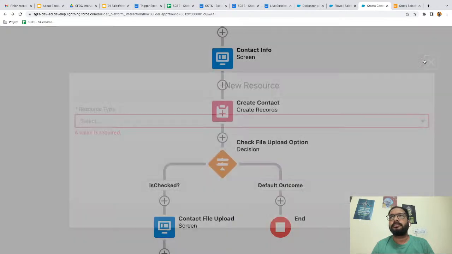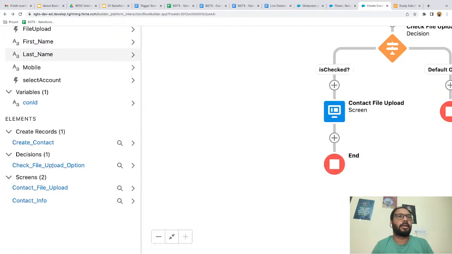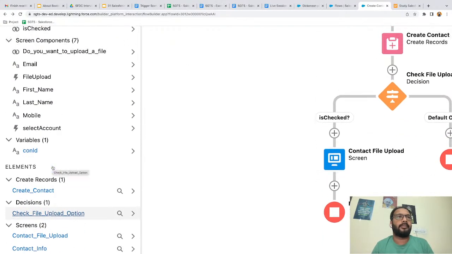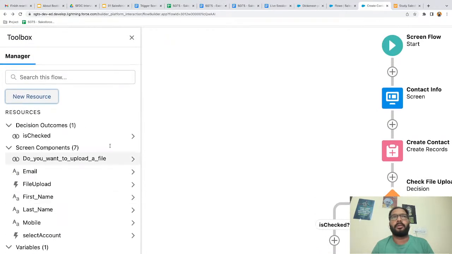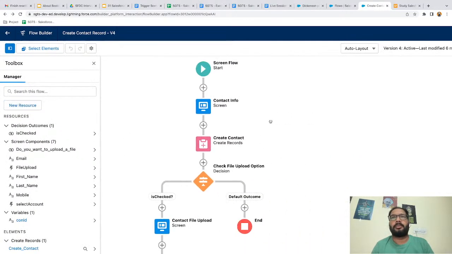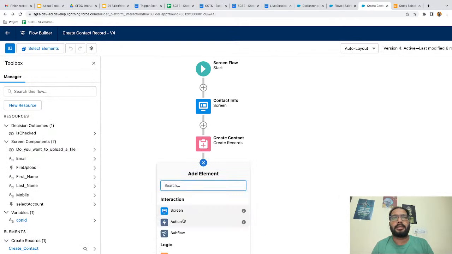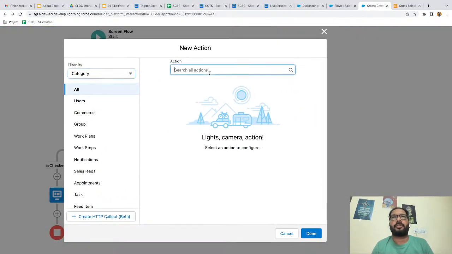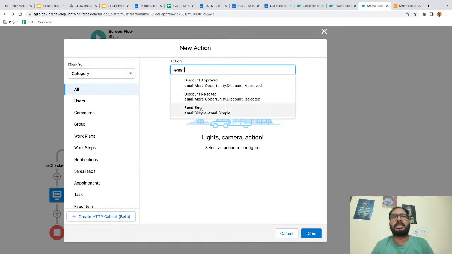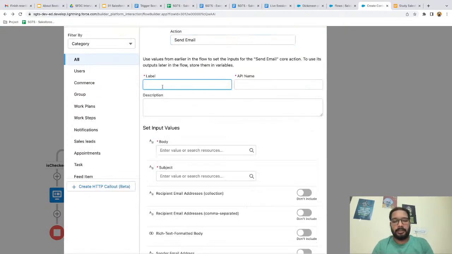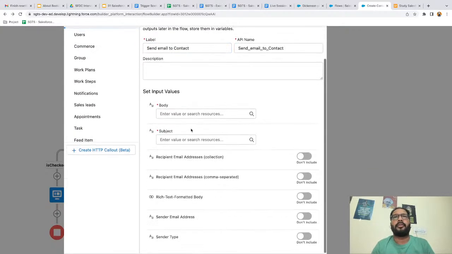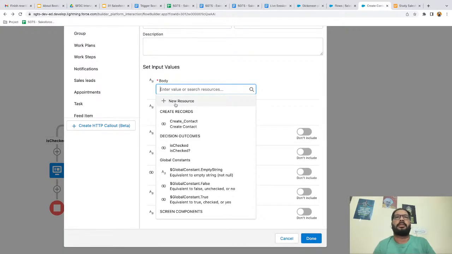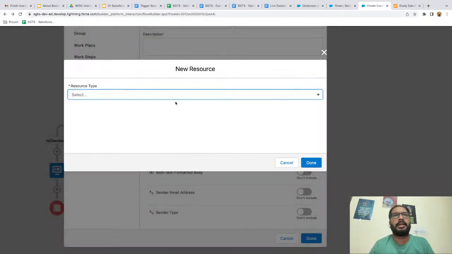Okay, and here you can see whatever we have built so far, everything is available here. Okay, so now I'm going to click on plus again, selecting action. From here I'm searching for email, so I will see send email option, and here send email to contact. Now we need to create body, so I'm clicking on this plus new resource, and